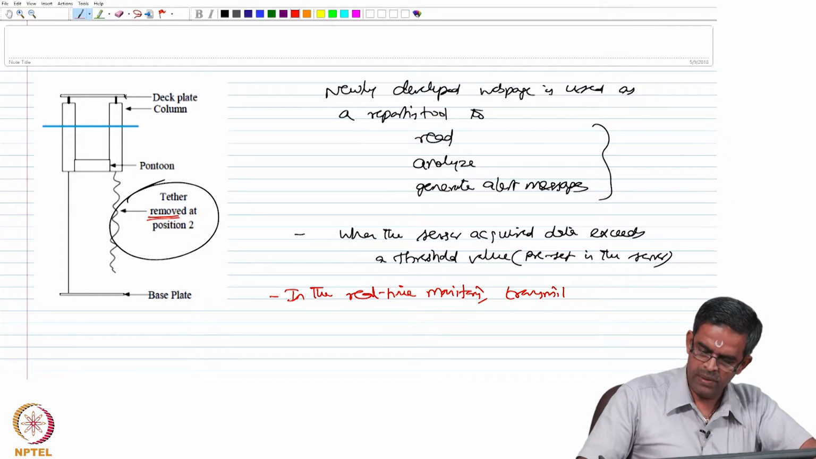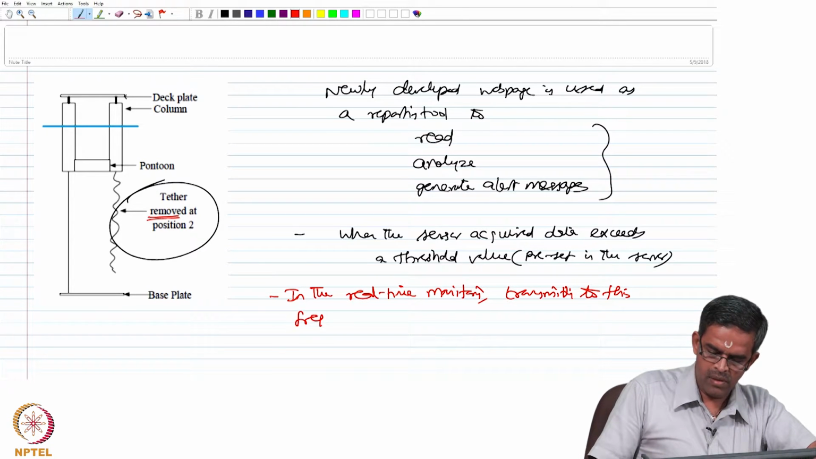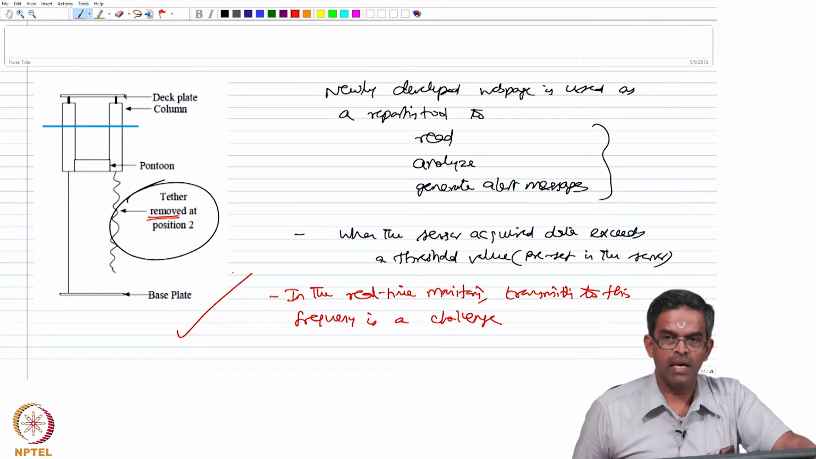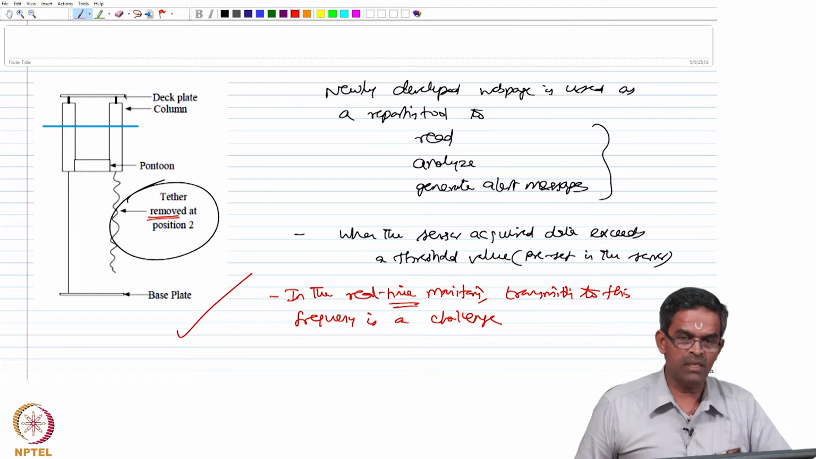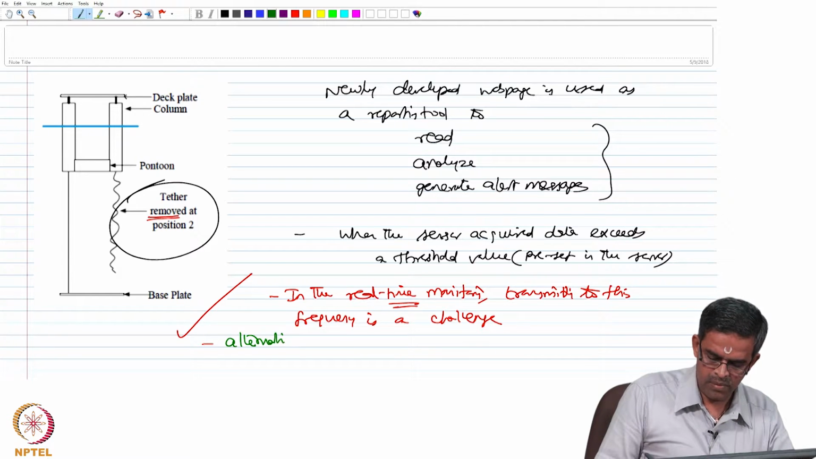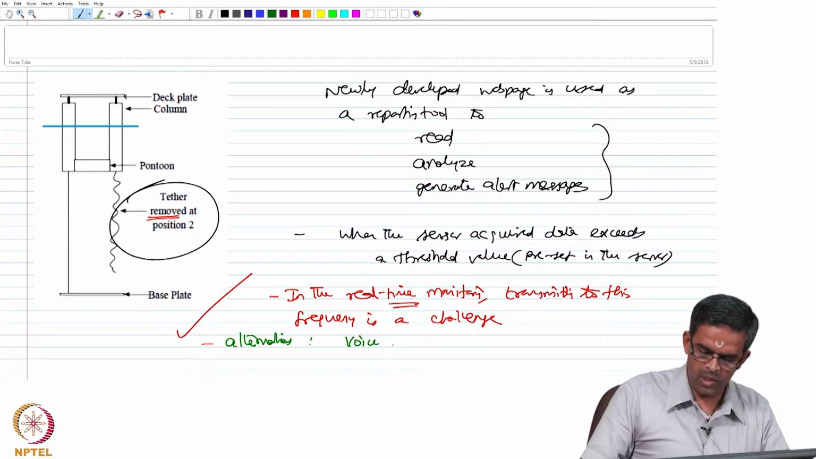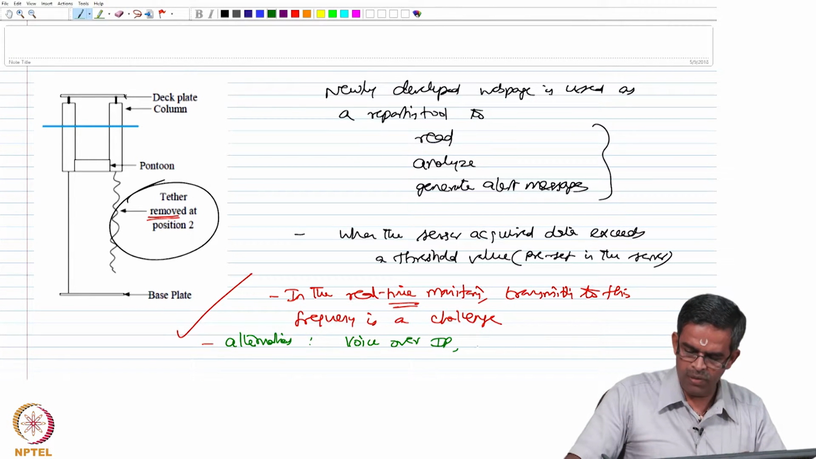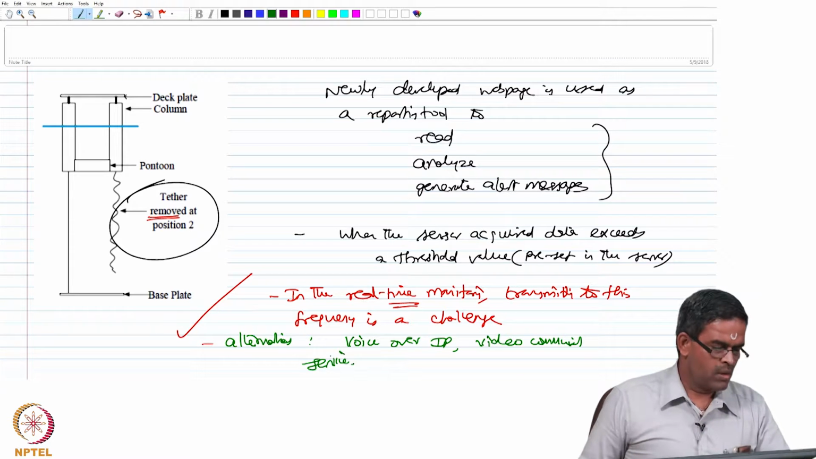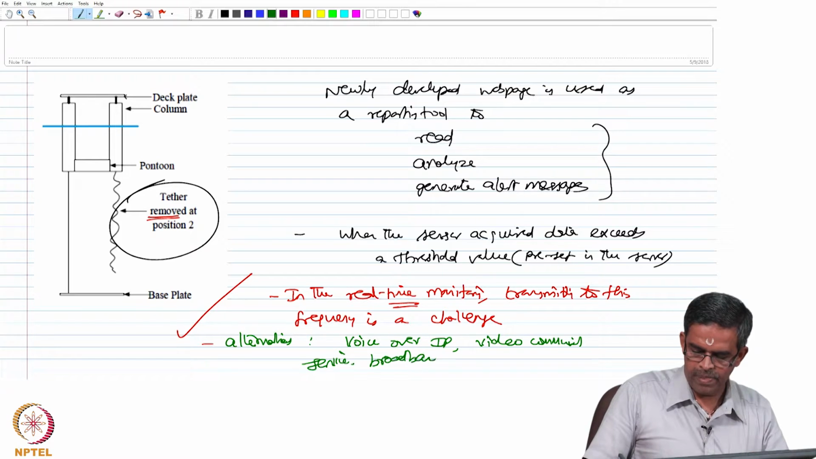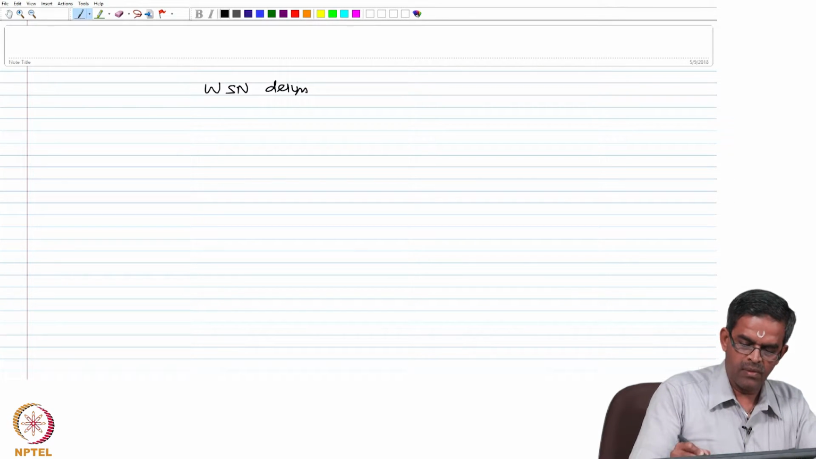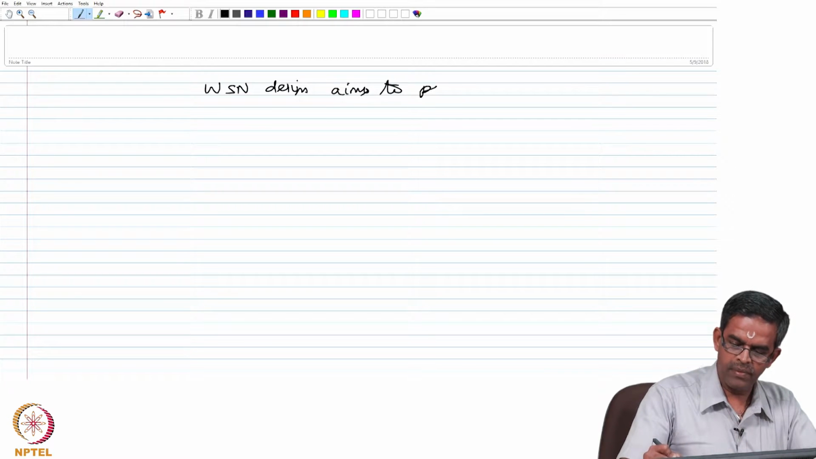In the real time monitoring, transmitting to this frequency is a challenge, there is no doubt about it. We are talking about a lab scale, so it is easy to install and communicate, whereas in real time monitoring this issue can be slightly tricky. Therefore, one can alternatively use voice over IP, video communication service, and one can use broadband data to avoid these difficulties. The wireless sensor networking design aims to perform the following: